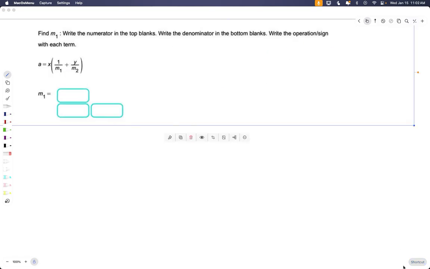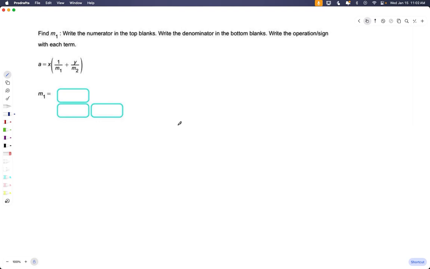Next problem. All right, so again, same process. We're going to distribute. Do not let these subscripted values throw you for a loop. It means that this is a variable and this is a different variable. That's all it means. It is not an exponent. So we have